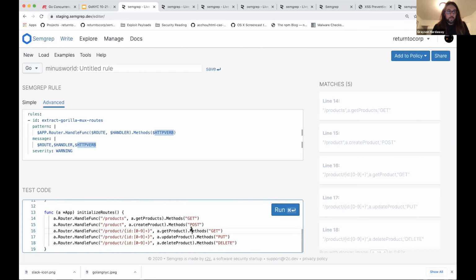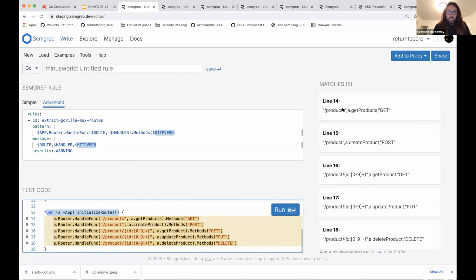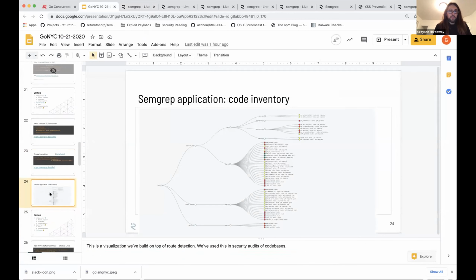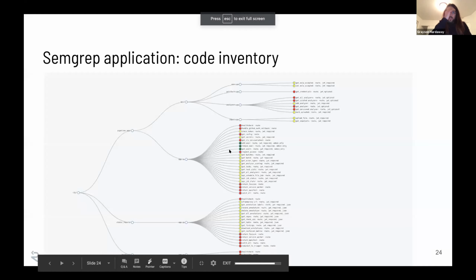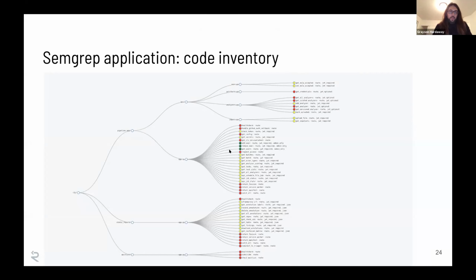And so as an example, this is the Gorilla toolkit where it's adding a bunch of handler functions. And so if we just run this really fast, we'll see that we'll detect all of these, and that the messages will give you the endpoint that's exposed, the method or function that's called, and the HTTP verb that it picks up. And so we have used this to do something like this, which is actually a Flask route, but doing something similar, where we'll grab all these attributes of the code, spit them out into a CSV file, and then feed them